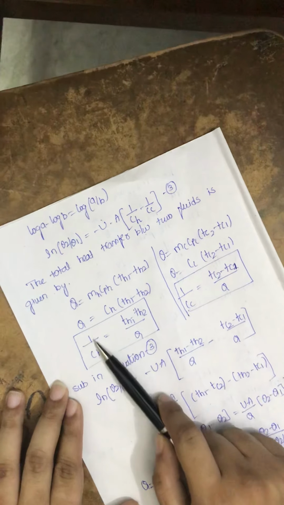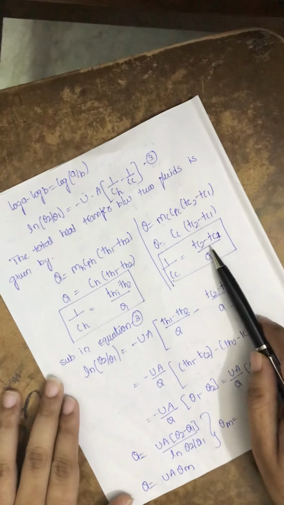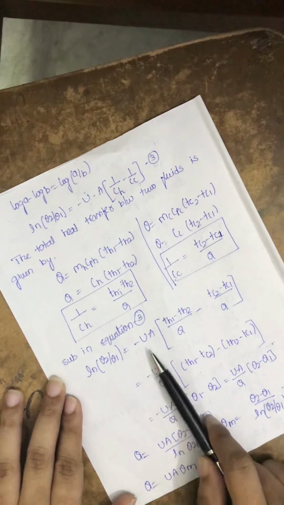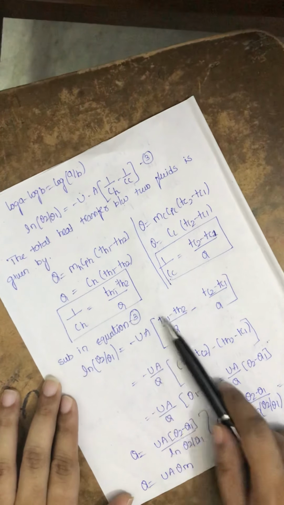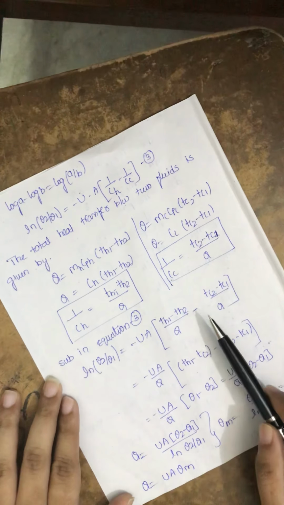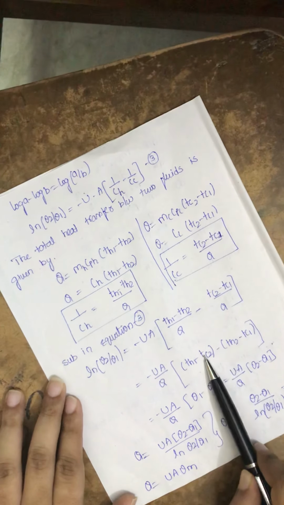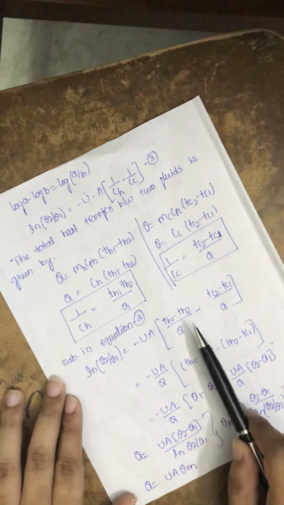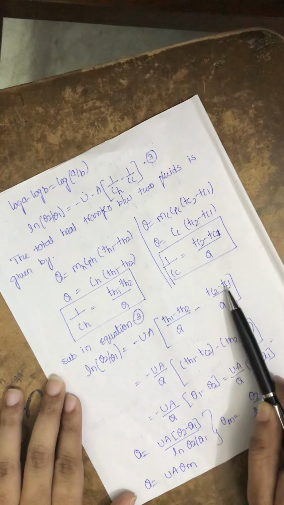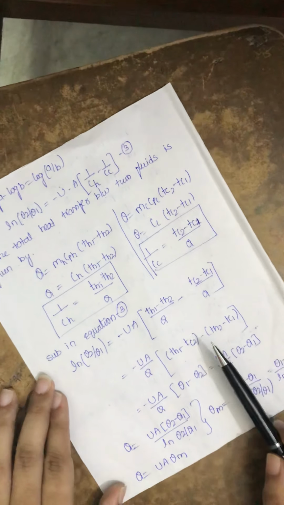Cross multiplying, 1/Ch is equal to (Th1 minus Th2) by Q. Cross multiplying again, 1/Cc is equal to (Tc2 minus Tc1) by Q. Substituting these two in equation 3, we have ln(theta 2 by theta 1) equal to minus UA, substituting 1/Ch as (Th1 minus Th2) by Q, and in place of 1/Cc, (Tc2 minus Tc1) by Q. Simply we write it as Th1 minus Tc2 part, taking minus common from Th1 minus Th2, so it is minus Th2, and minus into minus is plus Tc1, so this will be minus Tc1. It is a simple plus and minus thing. If you go through it, you will easily understand it.